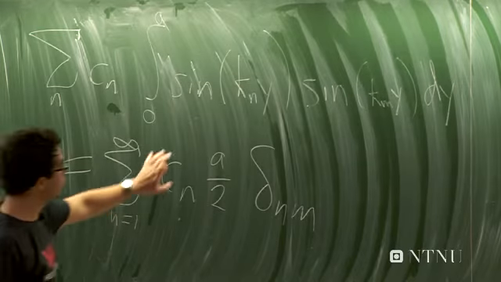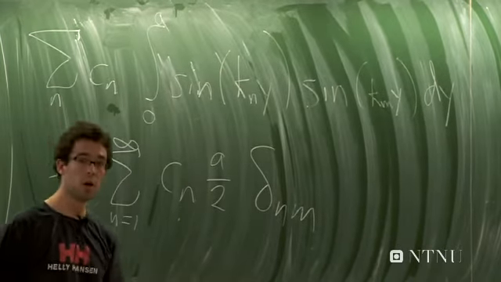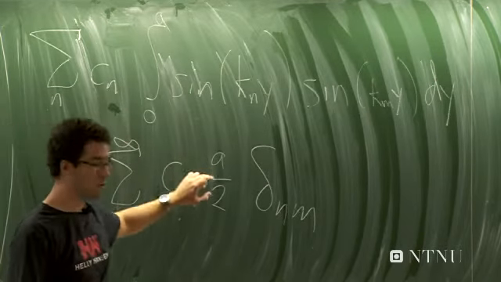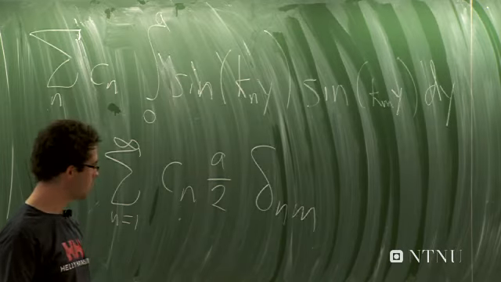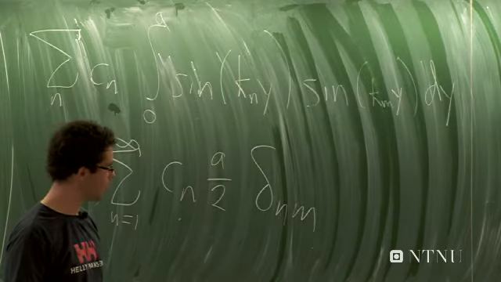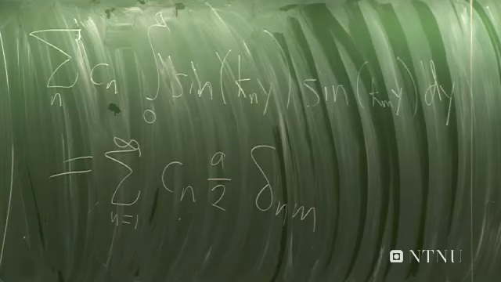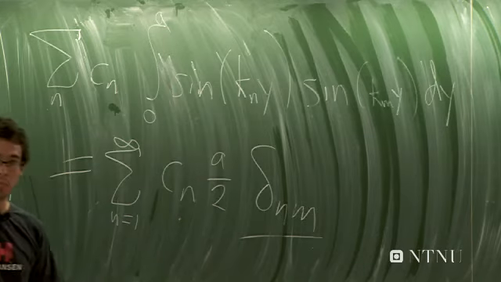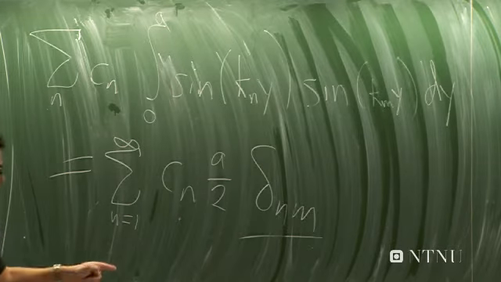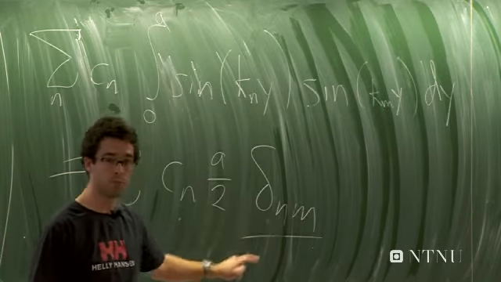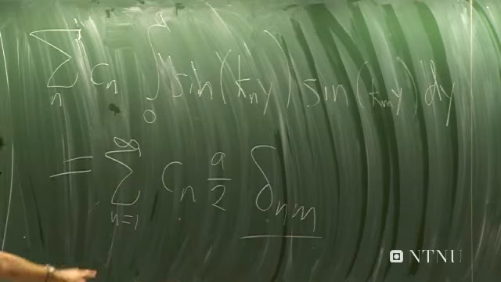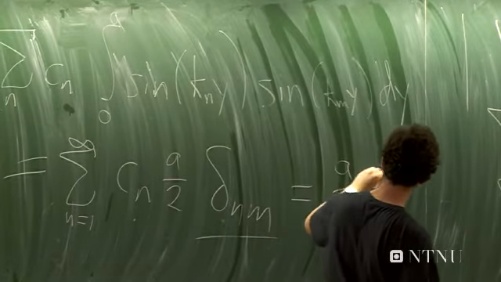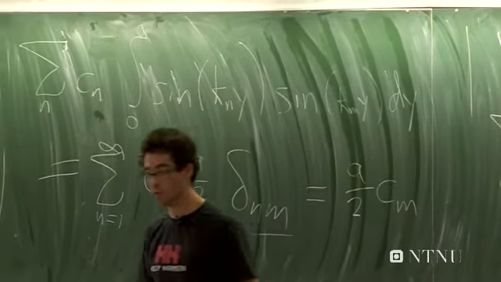Okay, so for each of these terms, I integrate them, and the answer is as follows. It's Cn, which is just a constant, a over 2, which is then the average of, no, let's see. Never mind, that's the width, right? Half width. And this now is delta nm, that's the Kronecker delta again. So if n is equal to m, this one is equal to 1, and otherwise it's 0. So the sum is now very, very easy,